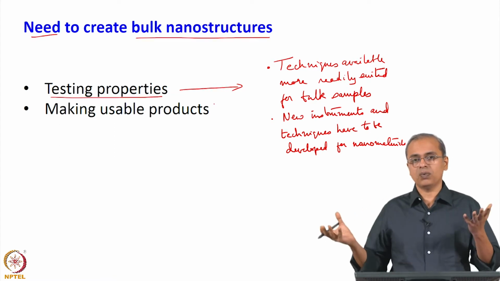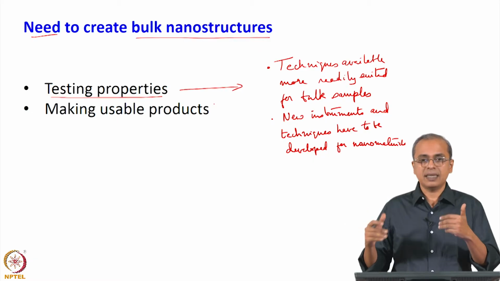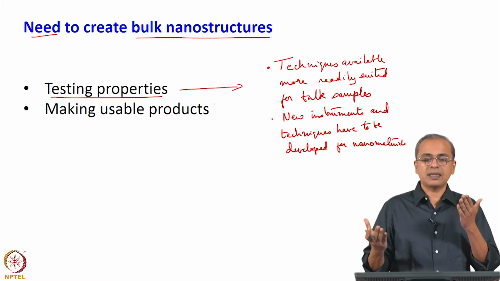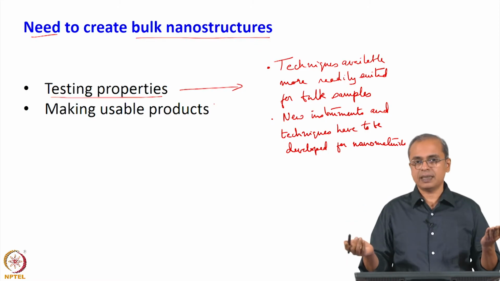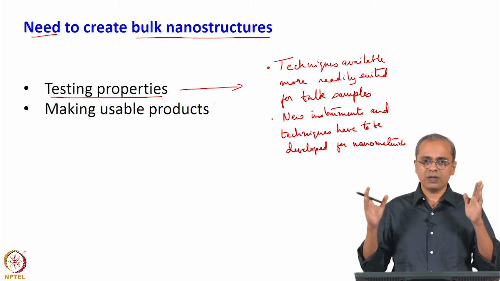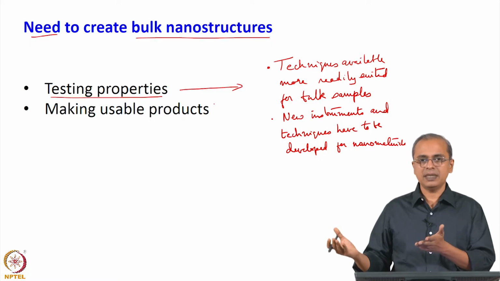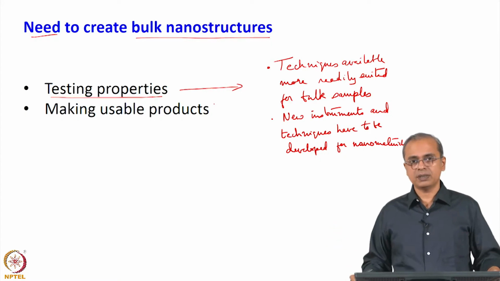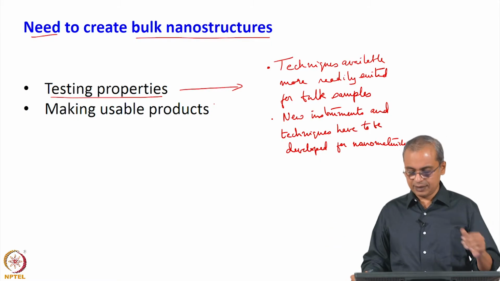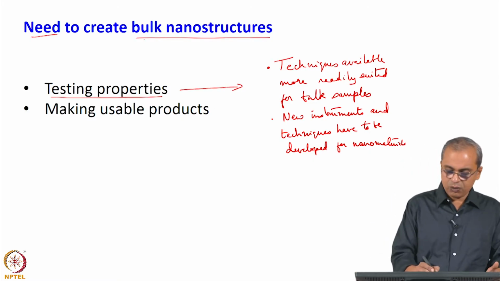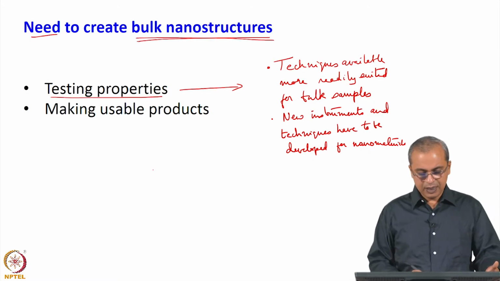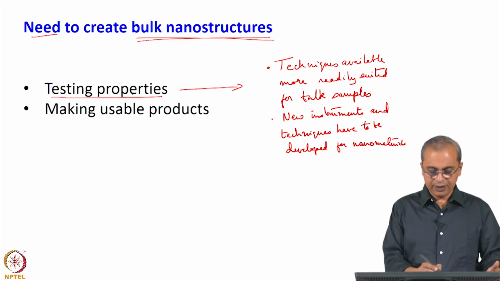When I compare the data, I have much greater confidence that there is no instrument effect that is hidden from my considerations, that I have missed in some sense, that is now clouding the data of the nanocrystalline sample. So, it really helps for a very thorough scientific study to have samples which are nanocrystalline, which can also be tested on instruments that are meant for larger scale samples. Therefore, there is a need to create bulk nanostructured samples from the perspective of scientific